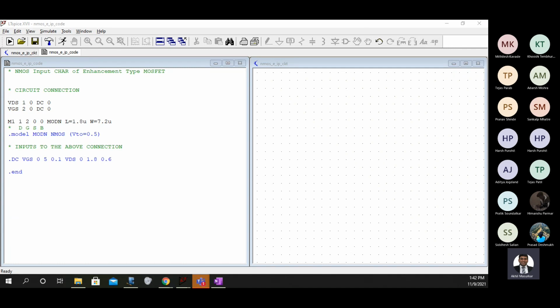Yes, Sankalp, good. Now if somebody says why this mod n, okay, you can write your name here. I am writing my name, L equal to 1.8. But then you have to say Akhil is an NMOS. That change you should make.